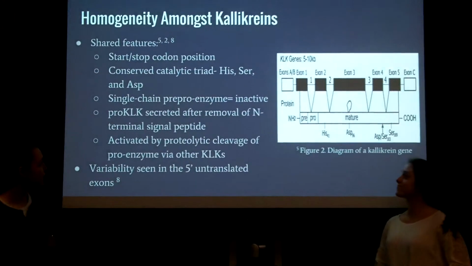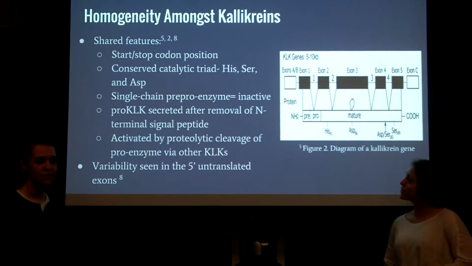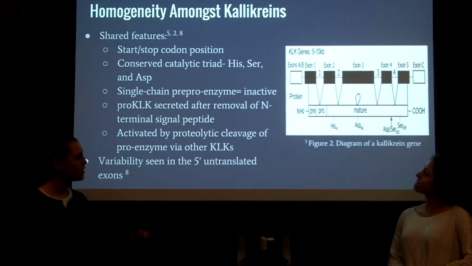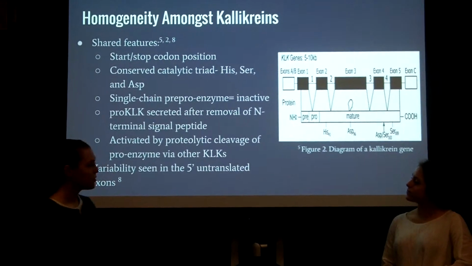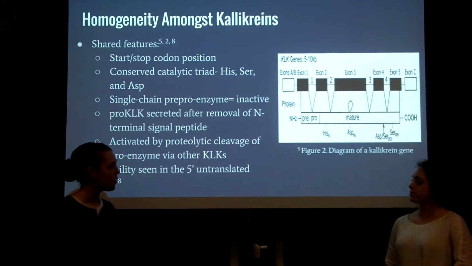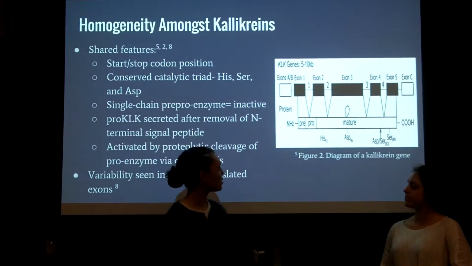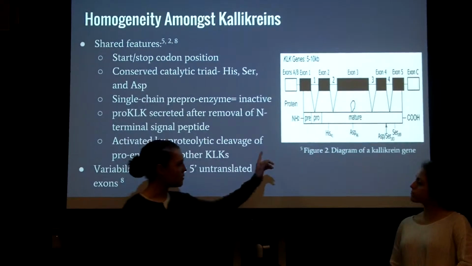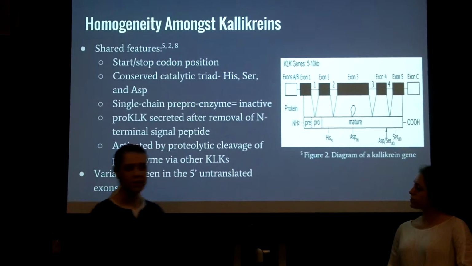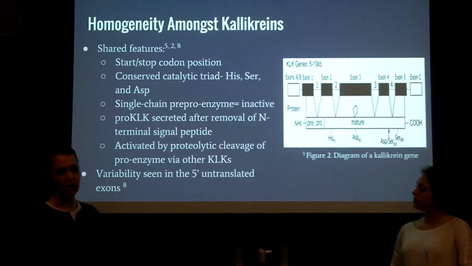There is homogeneity amongst the kallikreins. They all have the same start-stop codon positions. In addition, they all have 5 coding exons, and kallikreins 5, 6, 11, and 14 all have 2 additional extra exons. Down here you can see kallikrein has a unique catalytic triad made up of histidine, aspartate, and serine amino